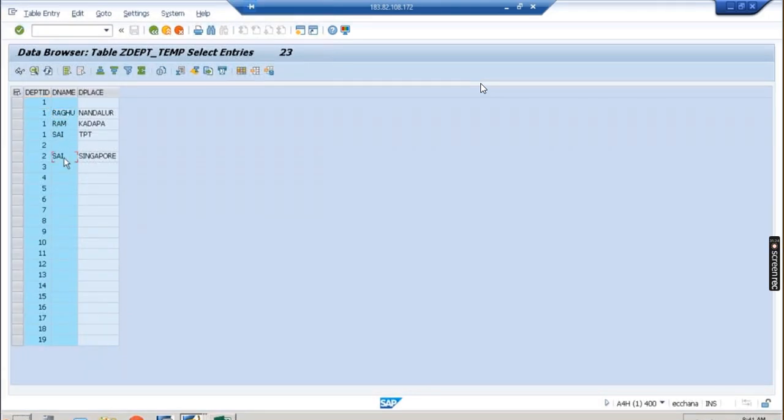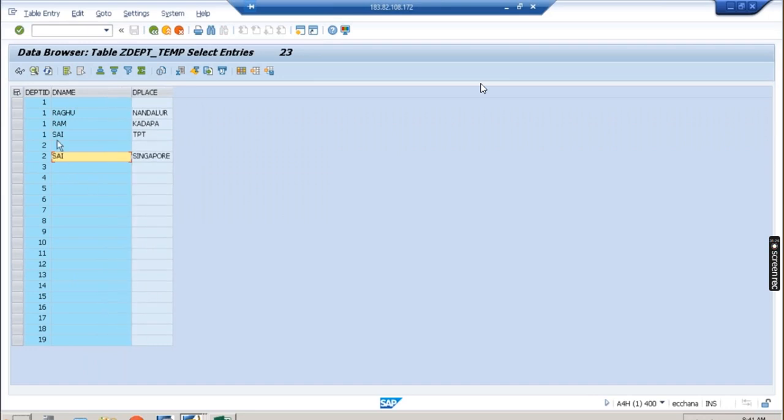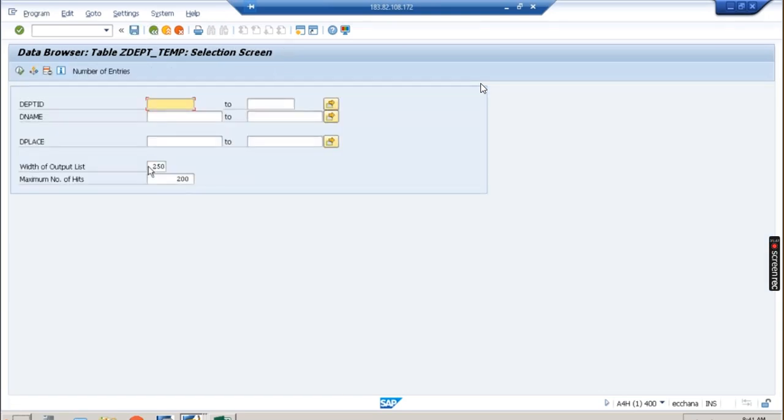Okay, so the different department is there in this. This is not the correct value. Raghu is the name, right? Department name should be there, right? And here the department place is fine. The department name, it can be different. Okay, it should be different. The different department name, it looks like department. You can give some valid name, but that is not our matter of concern. The matter of concern is that